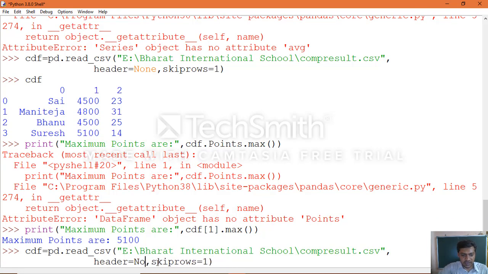Make a change here. Names, sorry, no need to use these names also. The skip rows argument is also not needed.